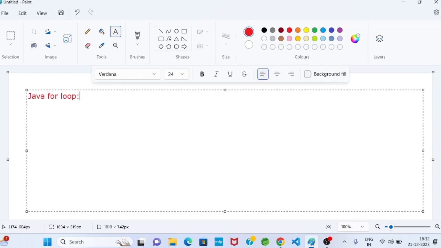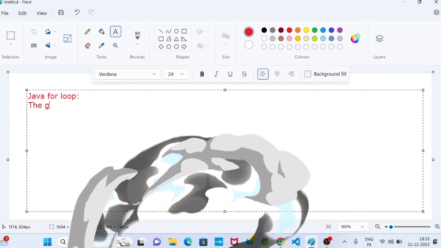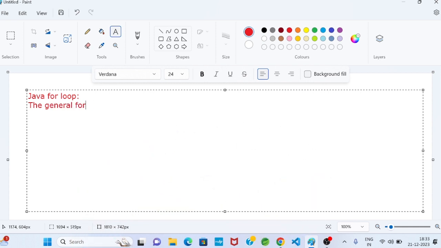So like while loop and do while loop. So the Java for loop has a syntax. Basically we say the general form. So we'll see the general form is